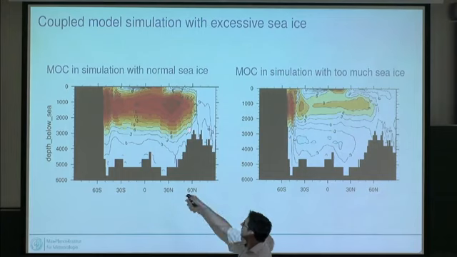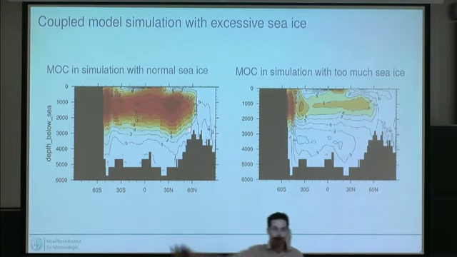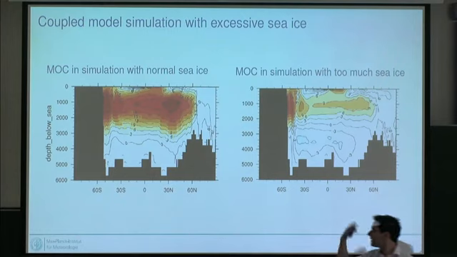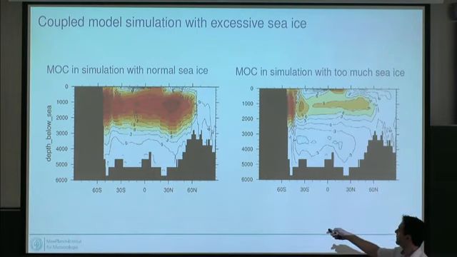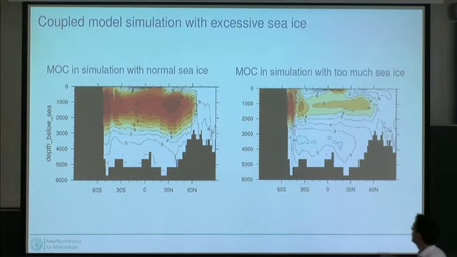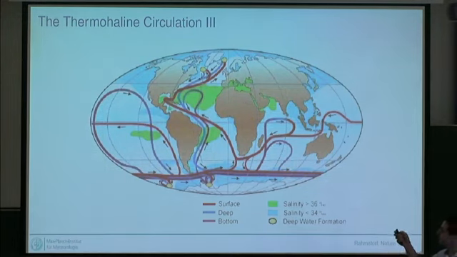This is how strong we have this circulation in the North Atlantic that brings heat towards the Arctic before we had got too much sea ice. And this is what happens if we have too much sea ice in our model. And we can really understand that quite easily by using this figure that Daniel also just showed, because we do have these so-called deep water formation sites where seawater would sink down from the surface to the deep ocean. And it is this sinking here which drives this North Atlantic current, the northern extension of the Gulf Stream.